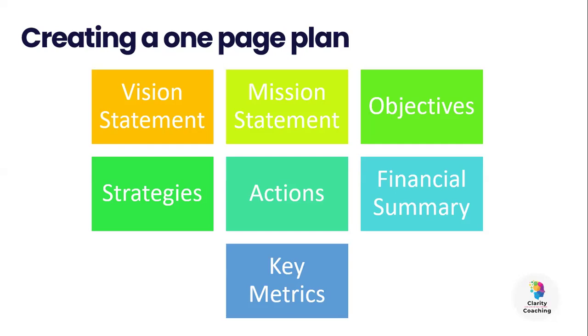And then finally, key metrics. So these are indicators which will be used to measure the success of the business. So in our cleaning business, for example, one of our key metrics might be our customer acquisition cost. In other words, how much does it take us to get a new customer? So we could work that out maybe at £20 per customer. We would also have a customer retention rate, because if one of our goals was to increase sales by 10% each quarter, we know that we need to retain customers to do that. So we could have a customer retention rate of, say, 80%.